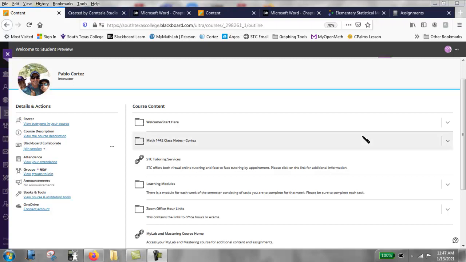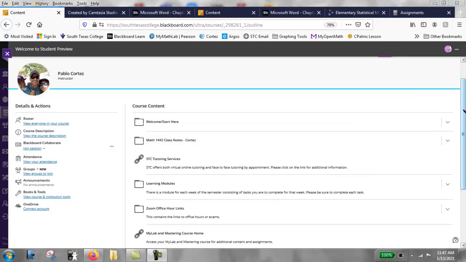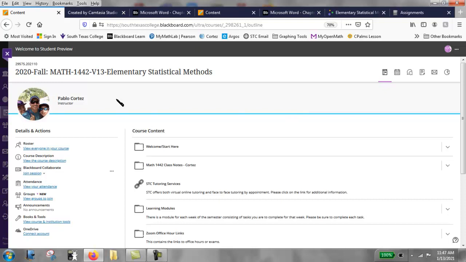Okay, as far as gradebook and icons, some students are not too familiar with Ultra because they use the previous version. Up here on the right are most of the icons to get you where you need to go. So this is your main course content icon. You can see me hover the mouse through it.